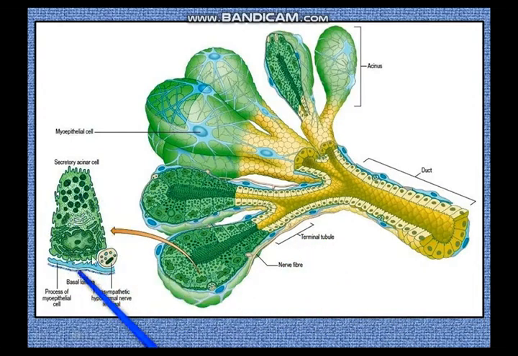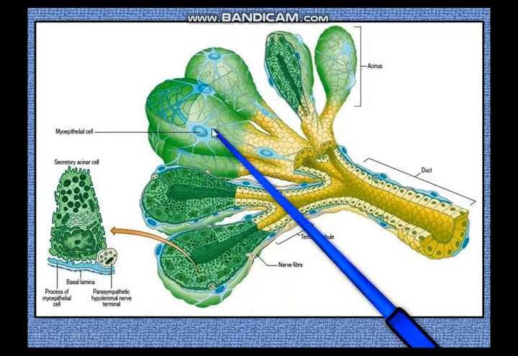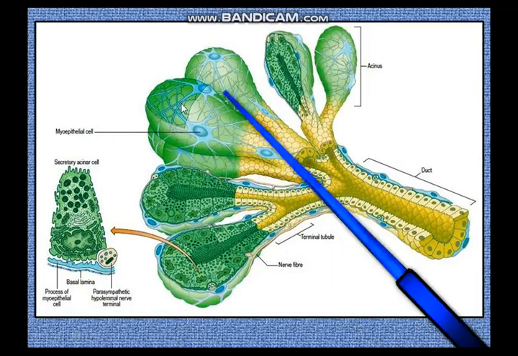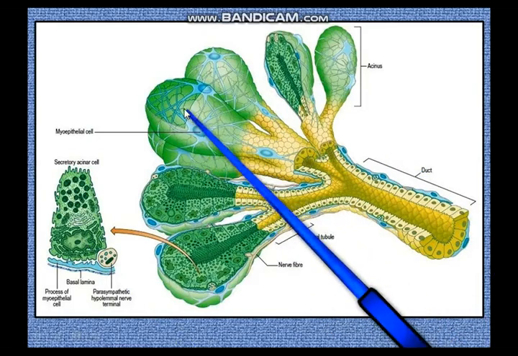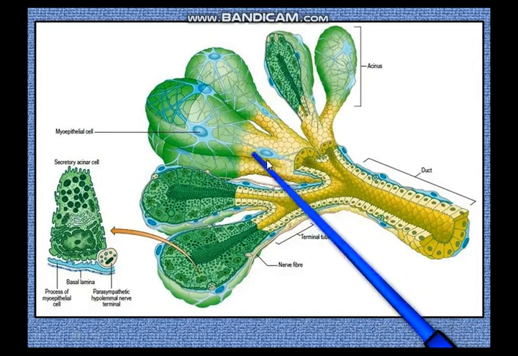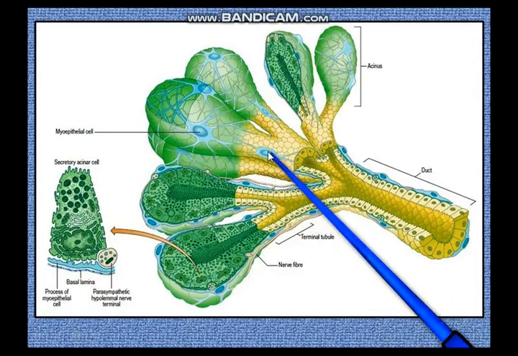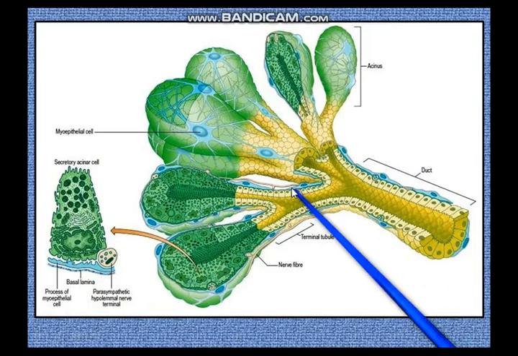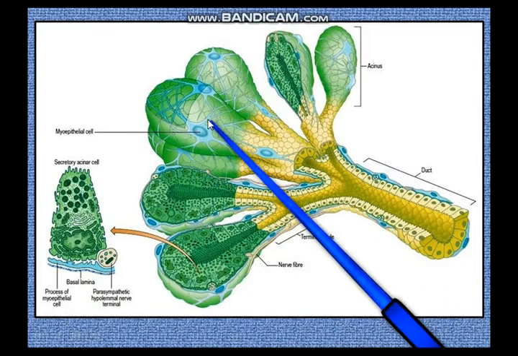And here is the secretory cell of the acinus with the secretory granules towards the lumen, and the nucleus and the endoplasmic reticulum towards the base. And the important thing to remember is that scattered over these acini, these terminal acini, are the myoepithelial cells, and over the intercalated or initial duct systems also you have the myoepithelial cells, and these myoepithelial cells, by contraction, help in expulsion of the contents or secretions of these glands.